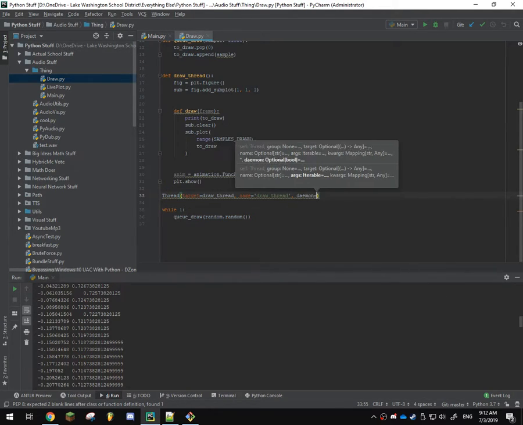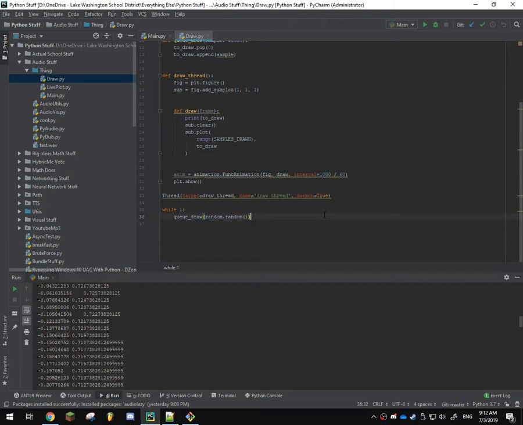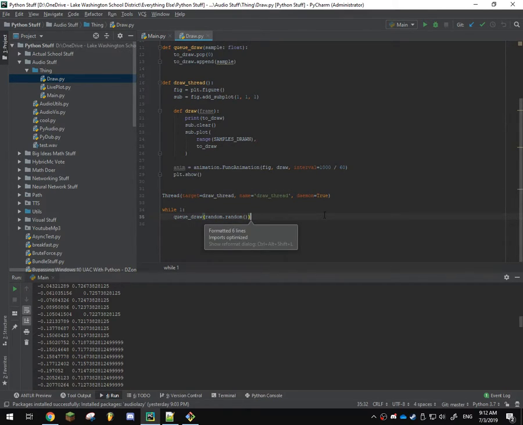So this is going to be daemon equals true, or Daemon, I don't know, I call it Damien, but that's not the word. And I'm pretty sure what that basically just means, if I remember, I haven't done threading stuff in a little while, is that when the main thread stops. Okay, how do you pronounce this? I don't want to keep pronouncing it wrong. Demon. Okay, I'm going to pronounce it demon then, or daemon. This basically means,